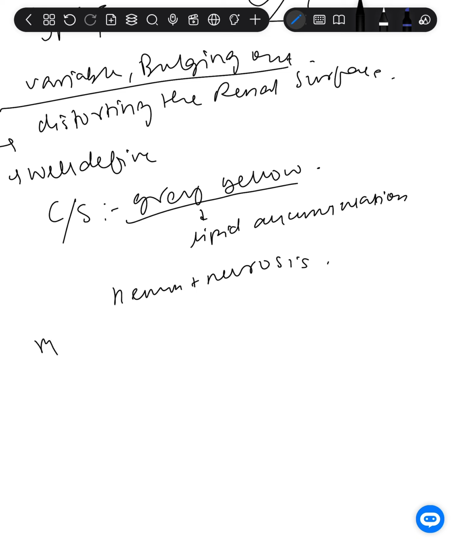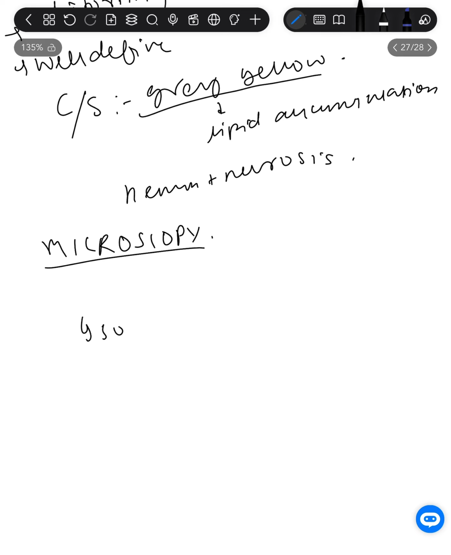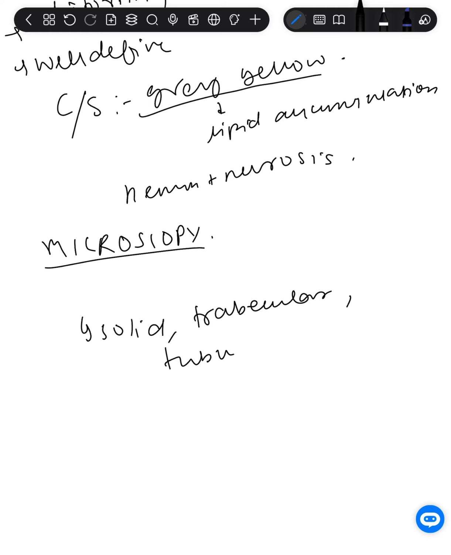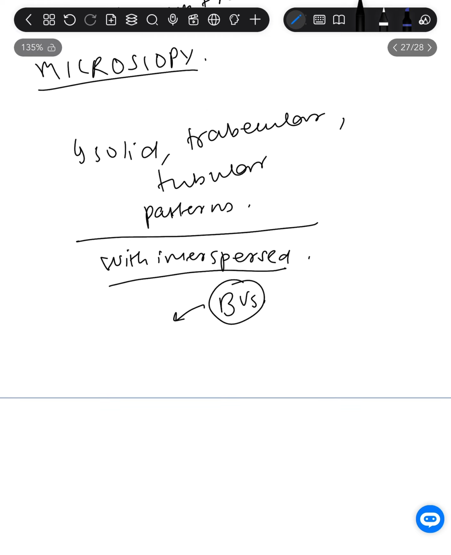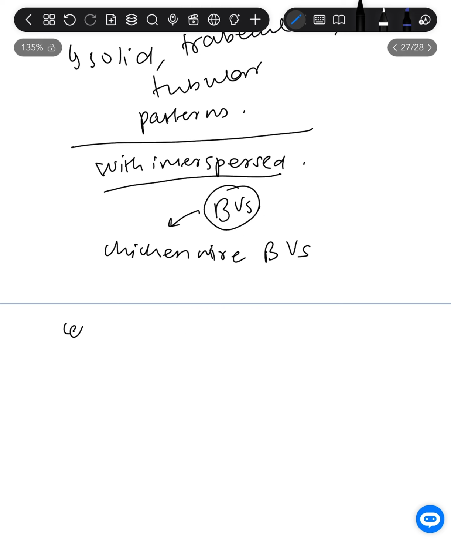Then we are coming to microscopy. In microscopy we can see solid, trabecular, tubular patterns with interspersed, as usual, blood vessels. When we have interspersed blood vessels, this gives the appearance of chicken wire blood vessels. Then moving on, the cells, as I said, they are round